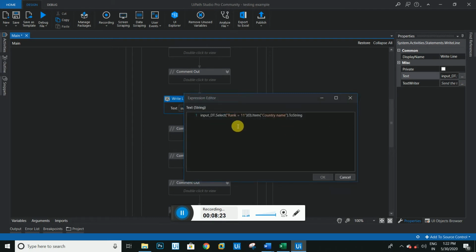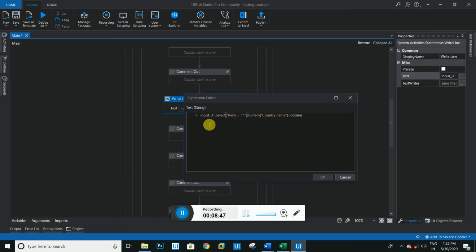So here I am using input data table dot select, and I am using the select statement here to get the record. Like we pass the query in SQL, as you learned before in SQL, or you know a little bit of an idea about SQL. The same I have to use here, a select statement to get the record from the country.